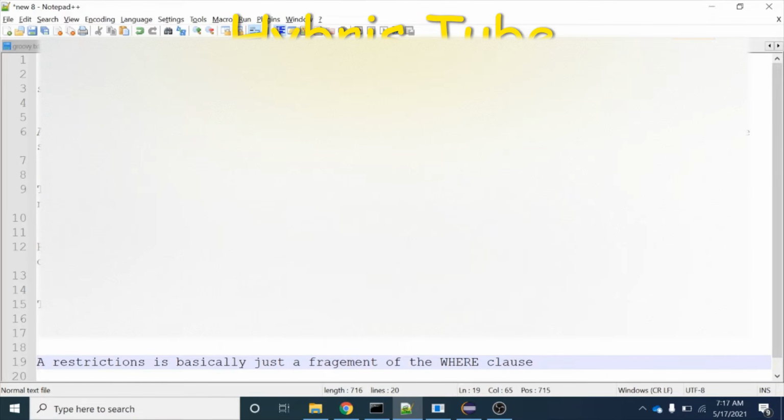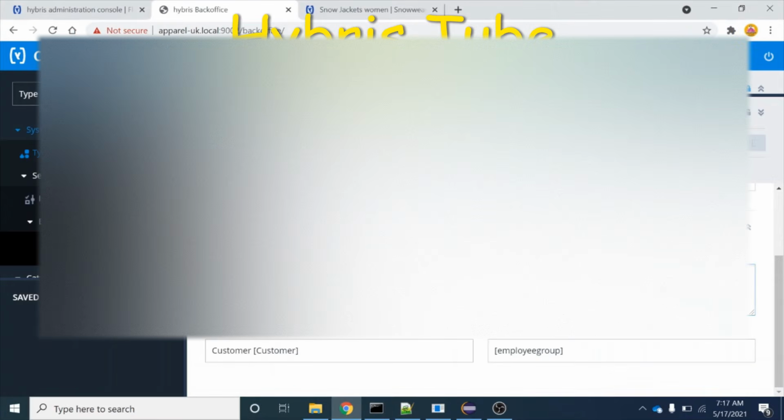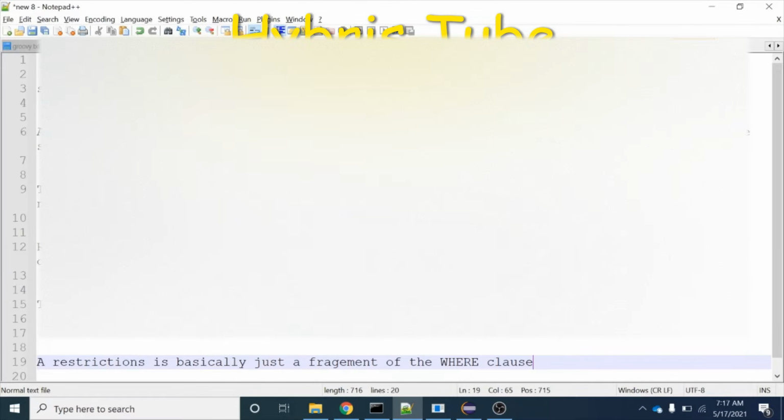For example, in our case, we created this restriction. So it is just a fragment of the where clause, as I showed you over here, of a flexible search statement